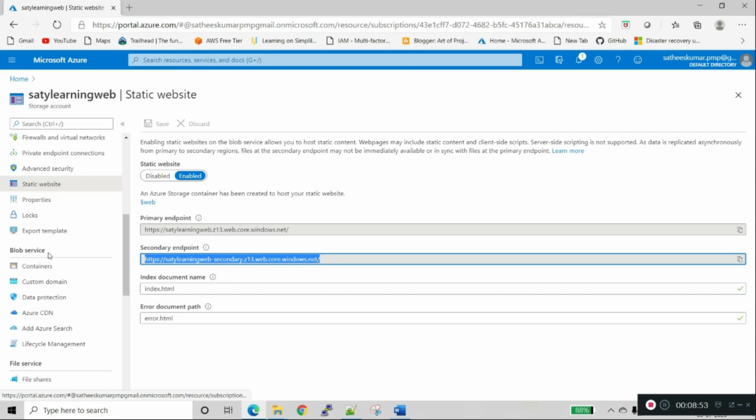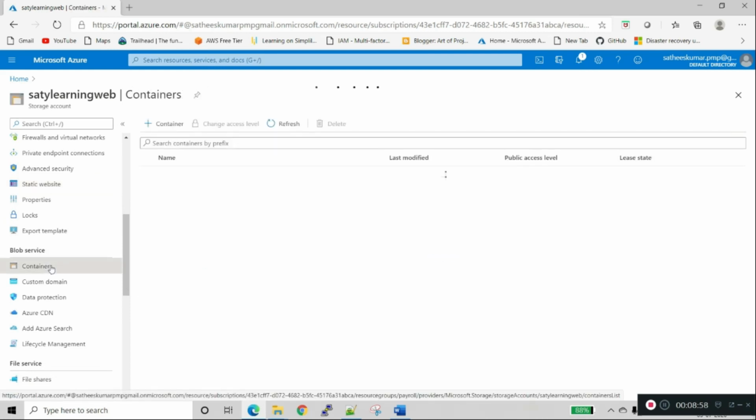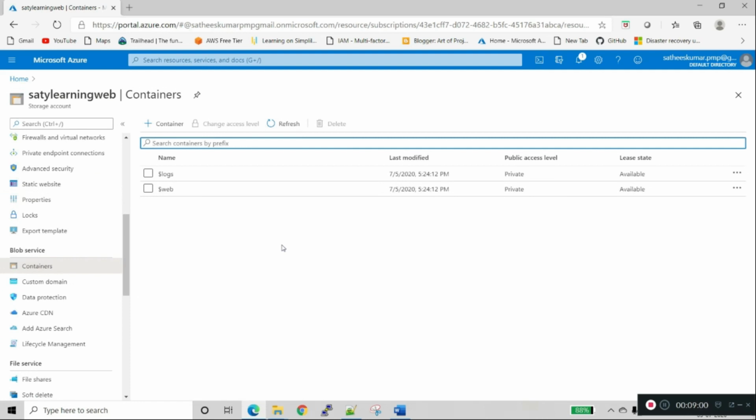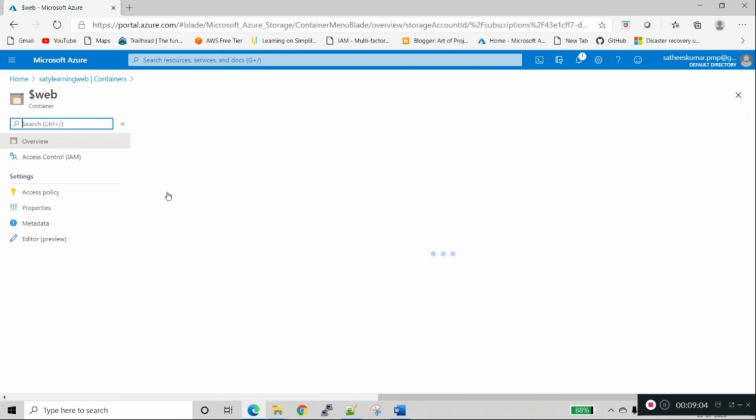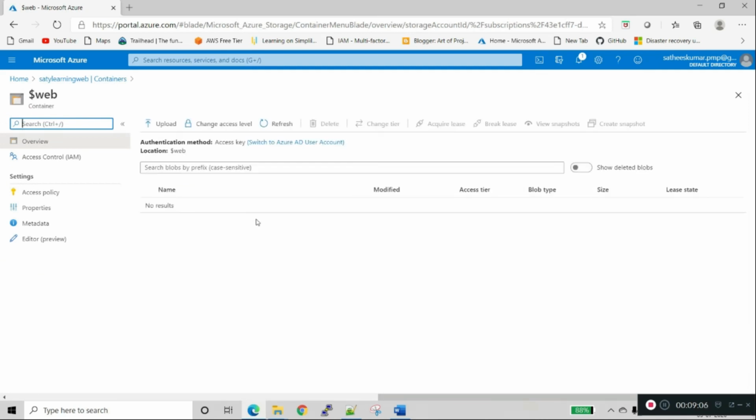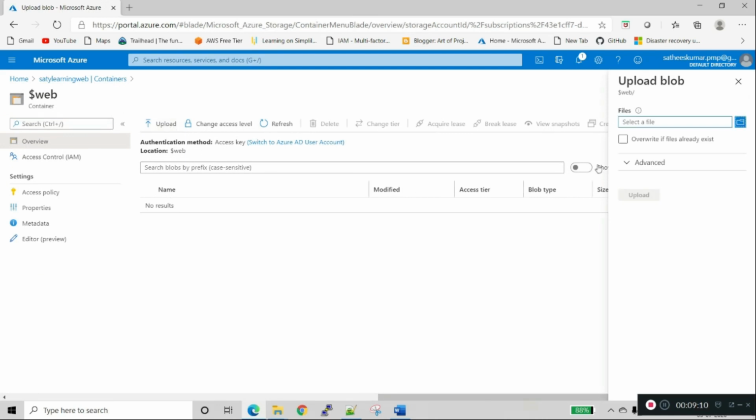Now we will go to the blob service. In the blob service we have containers. The container is acting as a web root. We will upload the HTML files.